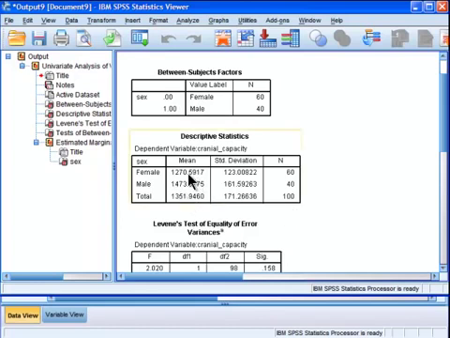So females have a cranial capacity of 1,270 cubic centimeters, and males have 1,000